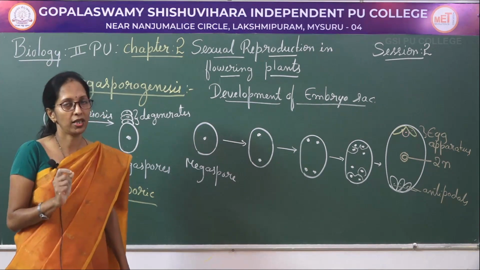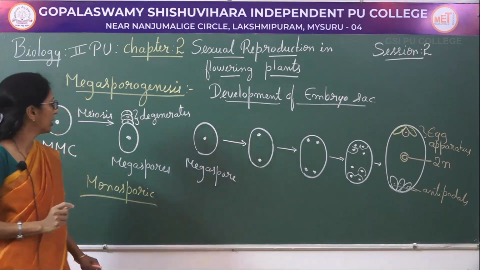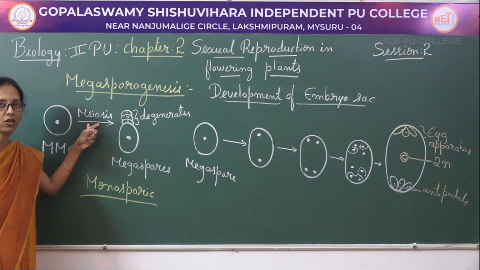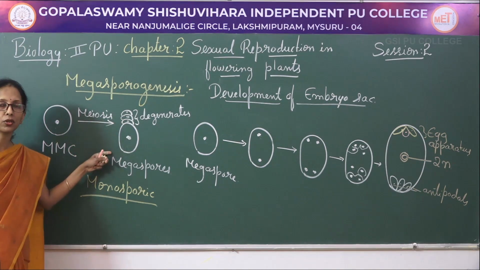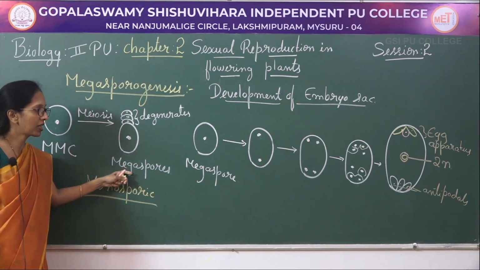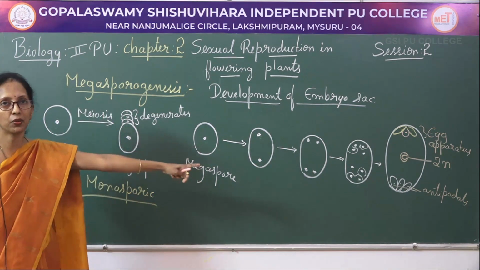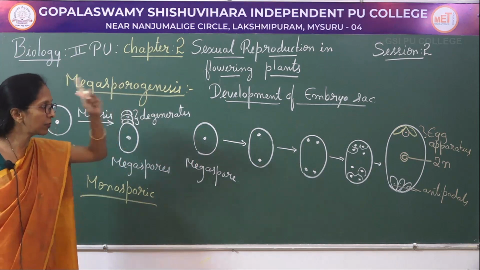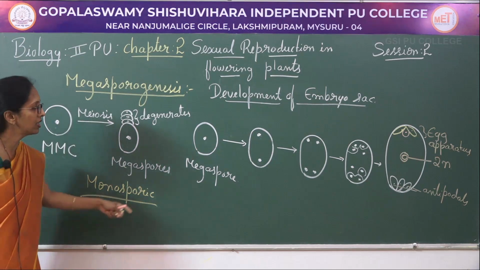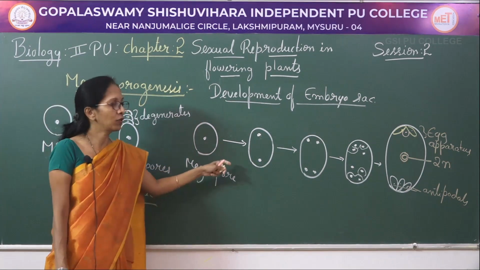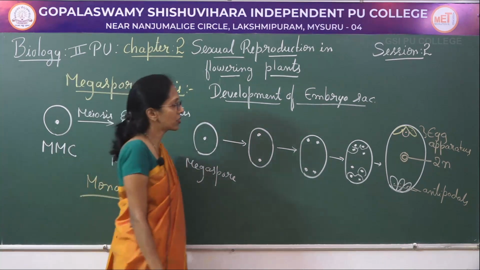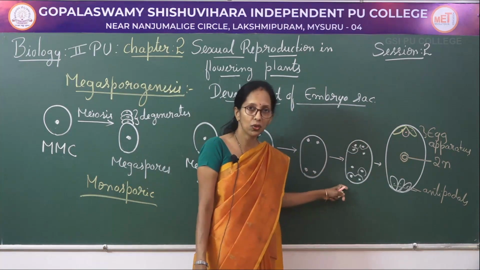So, within the nucellus towards the micropylar region, only one cell acts as a megaspore mother cell, which undergoes meiotic division and results in the formation of 4 cells; 3 degenerate, and the larger one is said to be the megaspore. This megaspore finally gives rise to the embryo sac. The development of the embryo sac from a single megaspore is said to be monosporic development. This megaspore undergoes sequential mitotic free nuclear division that results in the formation of 8 nuclei.